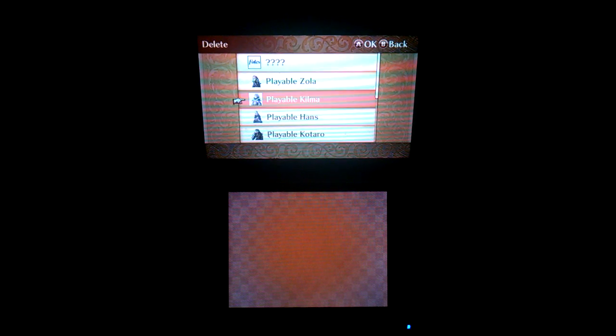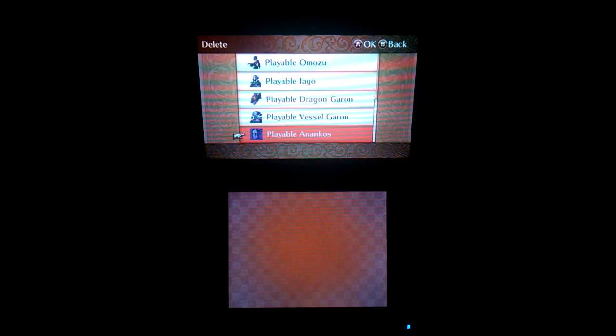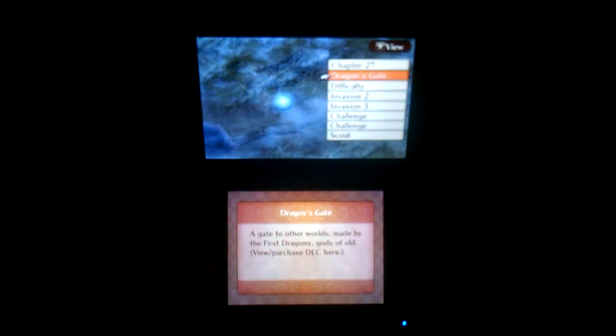Zola, Kilma, Hans, Kotaro, Omozu, Iago, Dragon Garen, Vessel Garen, Anankos. I'm not going to go into huge details about any of this because I'll make this video exceptionally long. But here we go. So if we use my Birthright save as an example, updating world. So as you can see, I have a question mark there in my inventory. That is the inventory option. So if we go to Dragon's Gate,